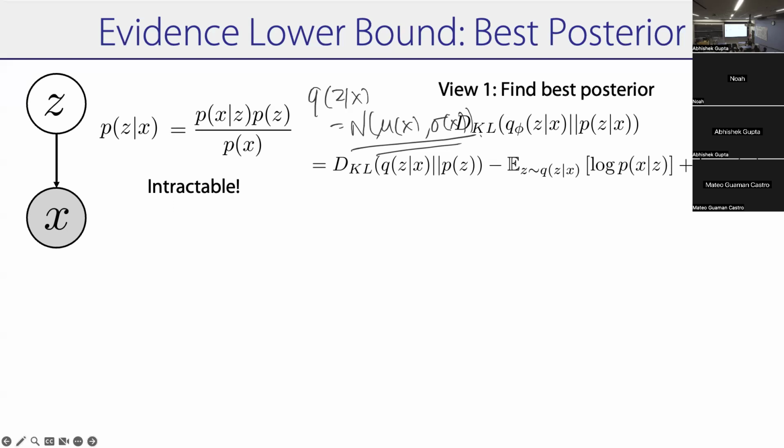Just out of curiosity, the fact that the original formulation requires you to integrate over all Z's, is that essentially saying that if you want to guarantee finding the best actions, you have to actually look through all the states and actions? That's right. Okay, so that's what it's saying in English. Yeah, exactly. In English.